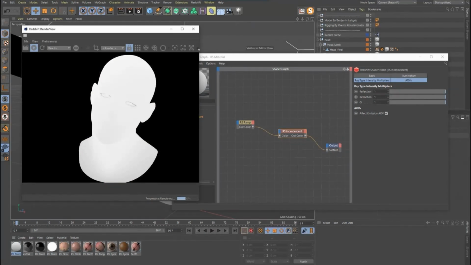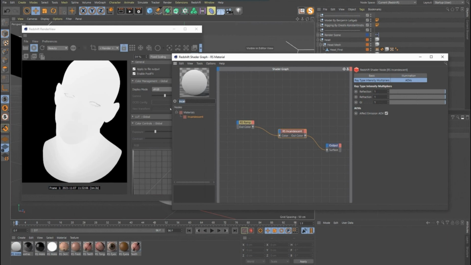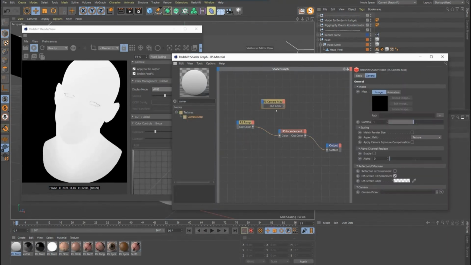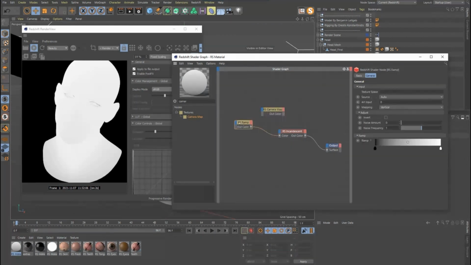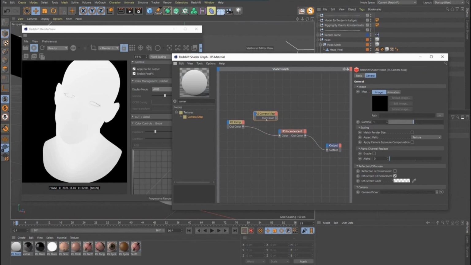What we want is really kind of a front to back gradient. So what we need to do is use a camera projection. Normally, you'd think, let's just do a camera map, pull that in there, but we can't plug that into the image, right? So how do we get a ramp to go into our camera map?